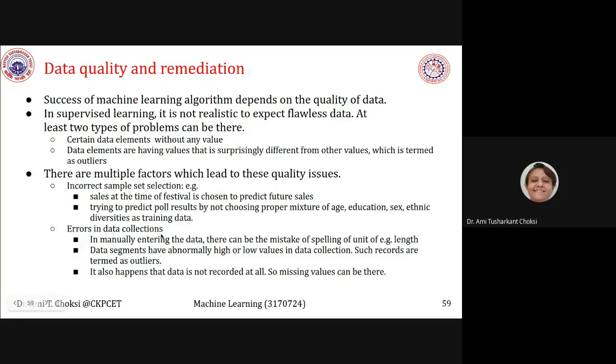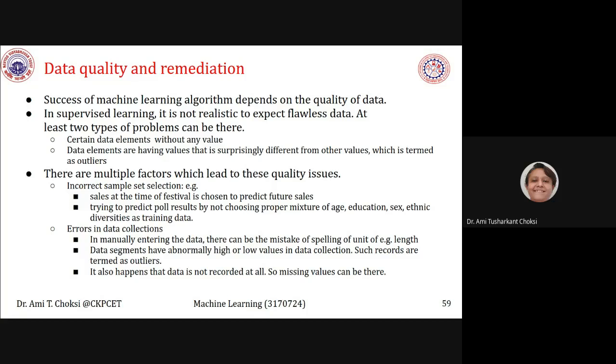Errors in data collection. In manually entering the data, there can be mistakes of spelling, of unit, of length. For example, instead of mm, you have written only m or cm, right? When entering the data manually, see, humans are there to make mistakes. So such things can be there.